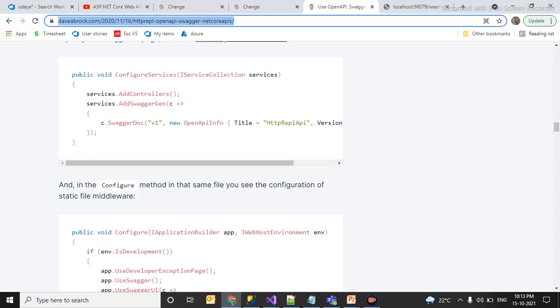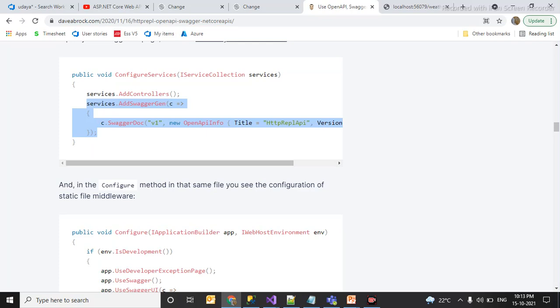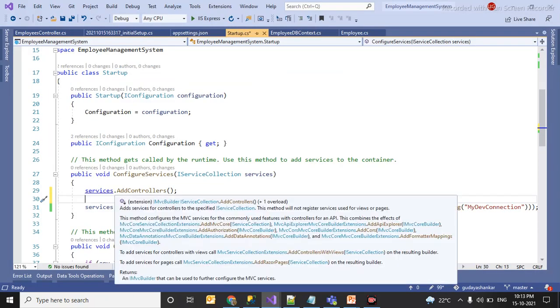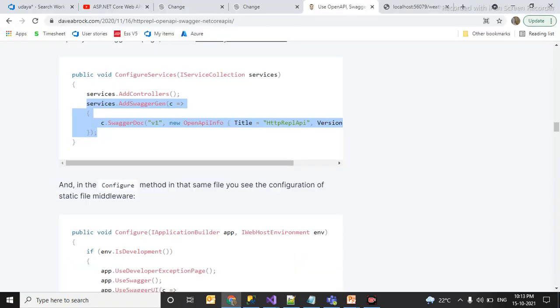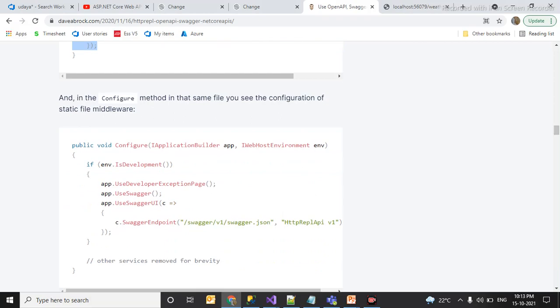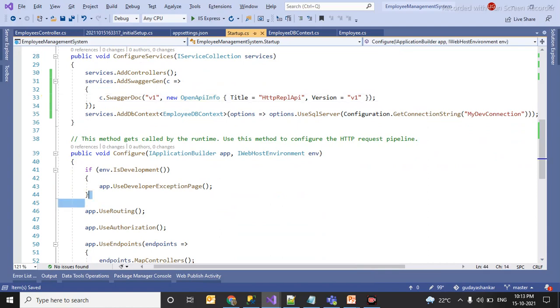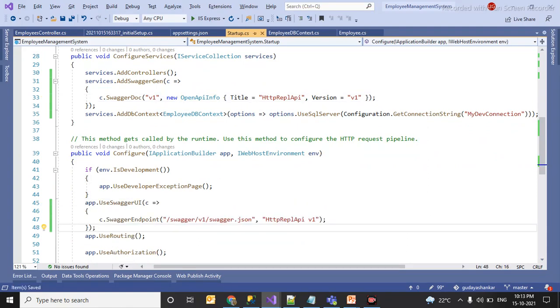You have to copy these two lines, services.AddSwaggerGen, that you have to put inside ConfigureServices. Then one more thing is you have to use this one inside your Configure method. So you have to import. Okay, so this is all done now.